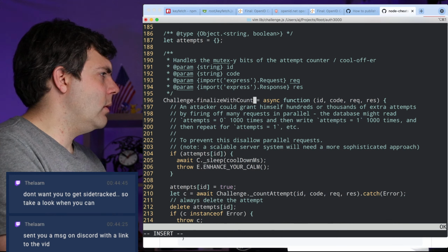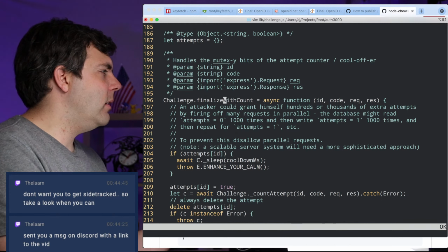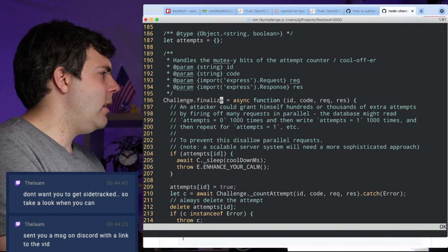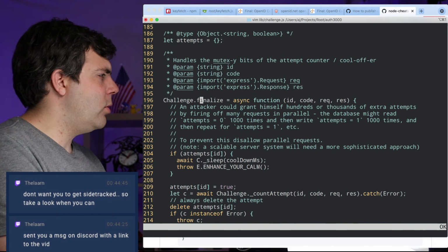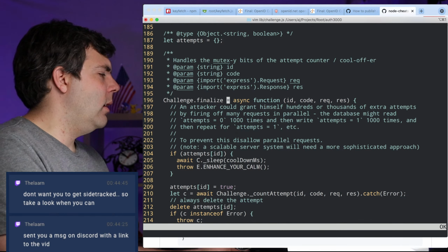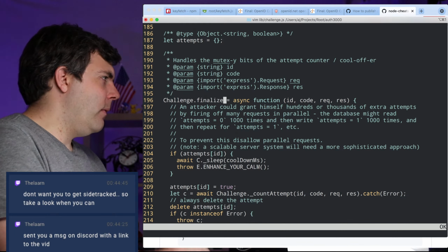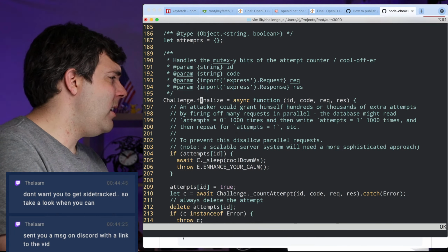Finalize with counts. So it's a finalize, but it needs something else, because it's not just a finalize. It's an attempt finalize, try finalize. But I want to keep it short and succinct and pretty close. Debounce finalize? I don't know.